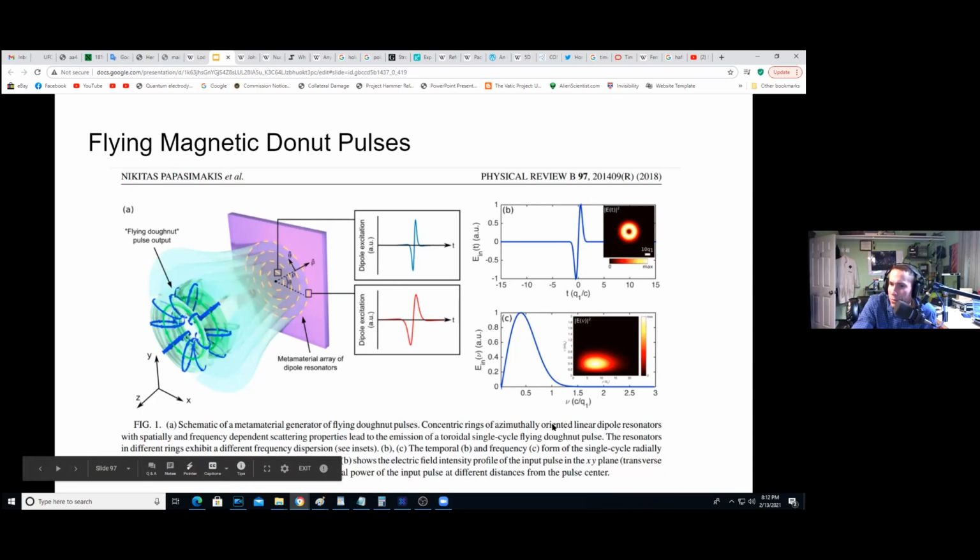Concentric rings of azimuthally oriented linear dipole resonators with spatially and frequency dependent scattering properties lead to the emission of a toroid single cycle flying donut pulse. The resonators in different rings exhibit a different frequency dispersion. See the inset. And so the temporal and frequency form of the single cycle radially,